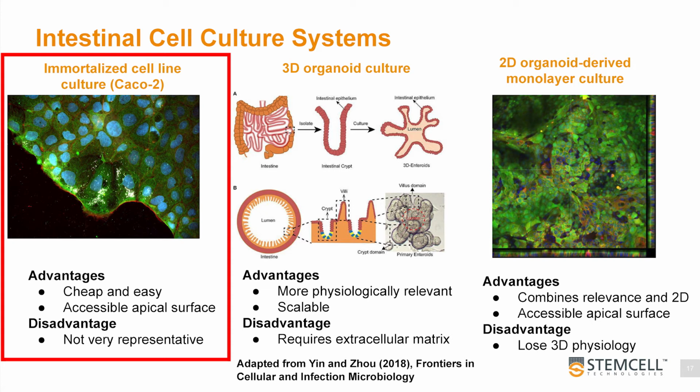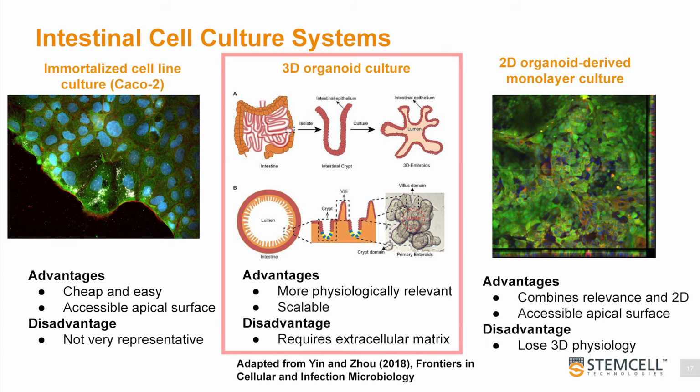The cells are genetically abnormal as they are derived from tumor tissue and can proliferate and grow and expand indefinitely. However, they're not similar to the healthy intestinal systems as they usually harbor mutations. Organoid cultures are more physiologically relevant as the cellular composition is much more similar to that of an intact healthy